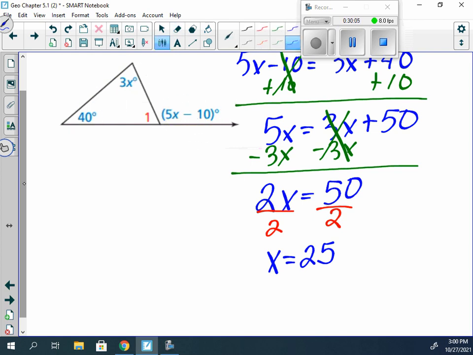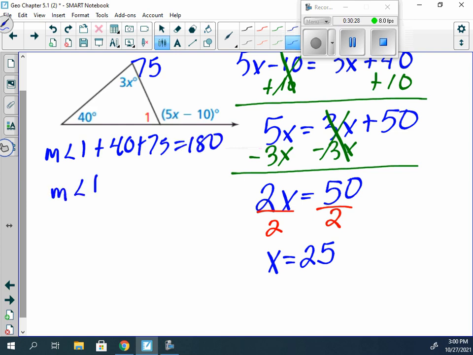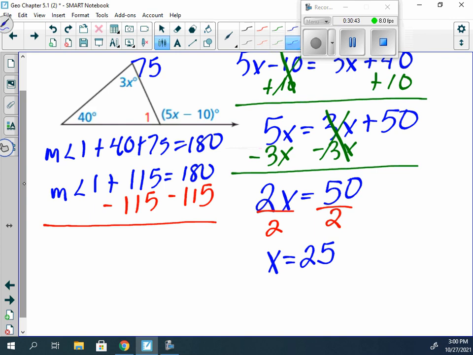So we can plug it in at 3x, because 3 times 25 would be 75. Now we do know that 75 plus 40 plus the measure of angle 1 would equal 180. So the measure of angle 1 plus 40 plus 75 is equal to 180. And 40 plus 75 would be 115, then we would subtract 115. It tells us that the measure of angle 1 is